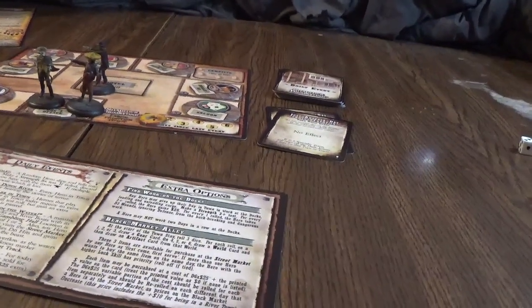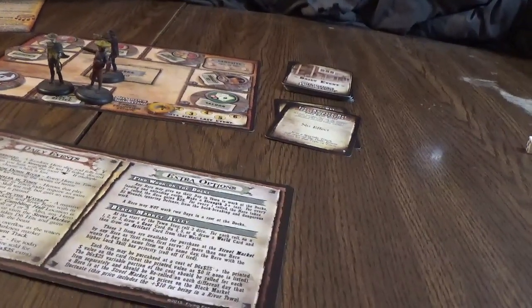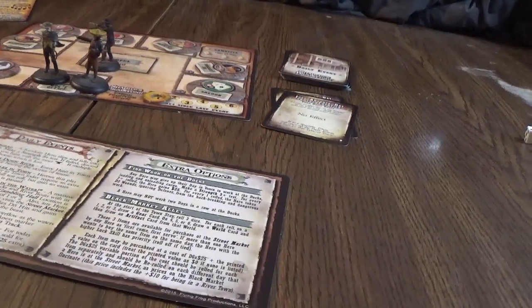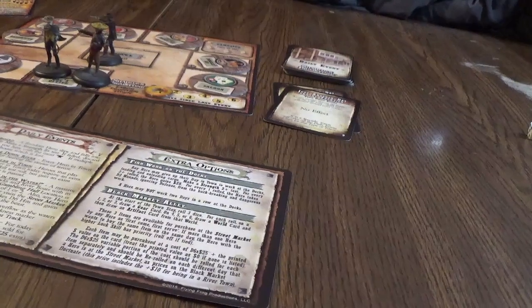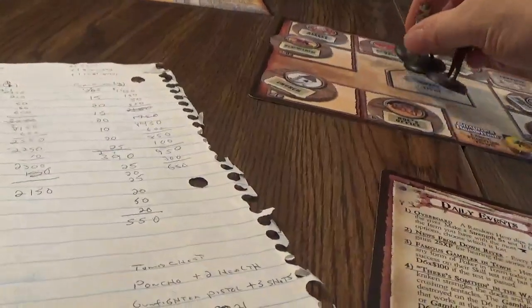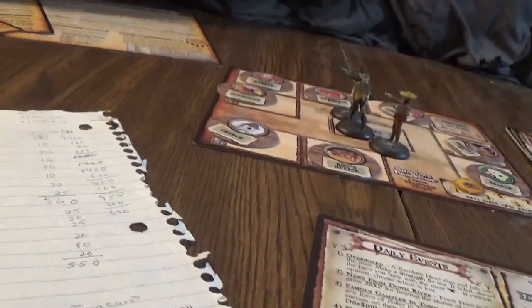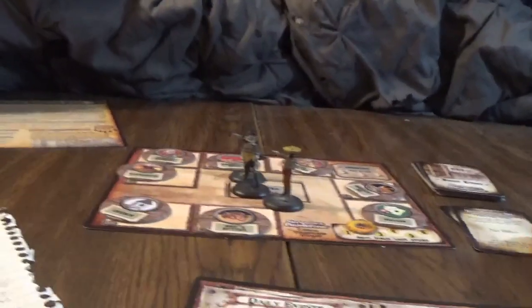Three times 50 is 150. Okay, it's 2,150. 5. Okay, so he's fully healed. Okay, and let's just see if we have some kind of thing. No. Well, that was hard. We had to roll a 1 to do that anyways. So, okay, so